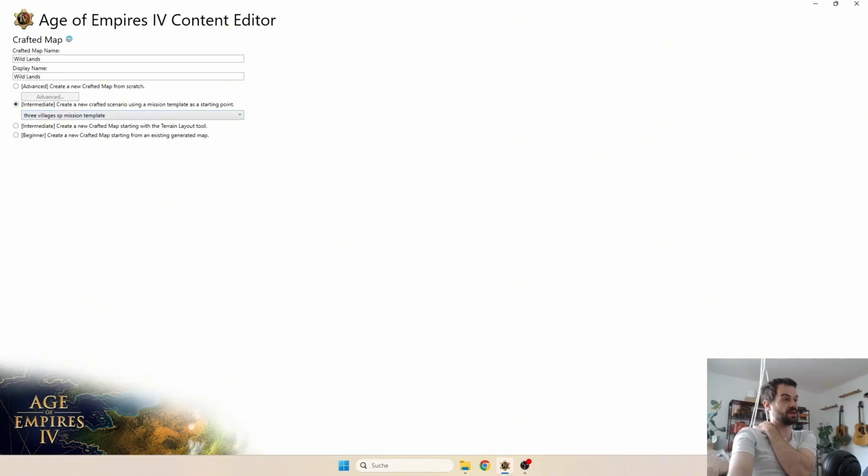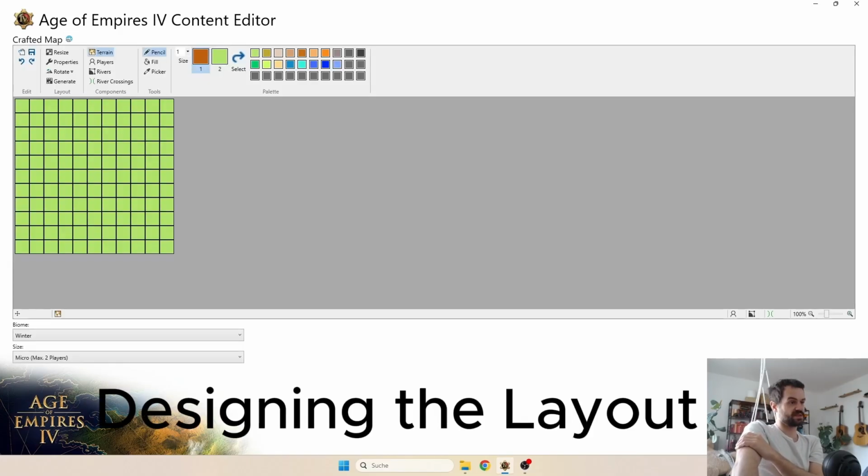And this is what we are going to do. We're going to use the terrain layout tool. Although it's intermediate, I think it's really beginner friendly actually. Same as this one, this is tagged as beginner. Here you start with a map like a generated map, for example Dry Arabia. But we want to make a whole new layout. So this is essentially the map,